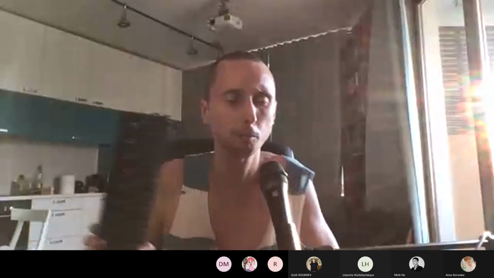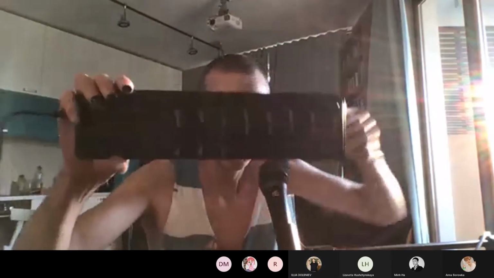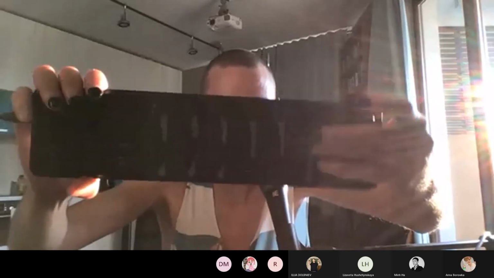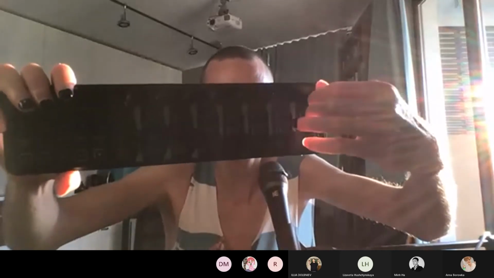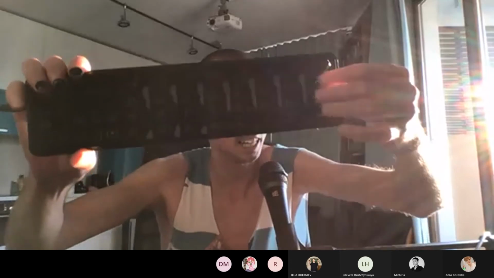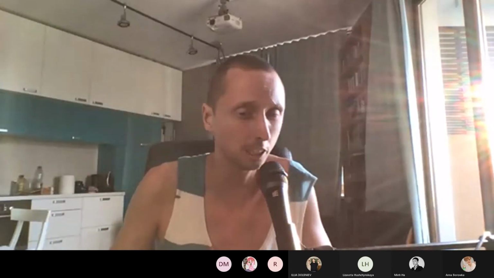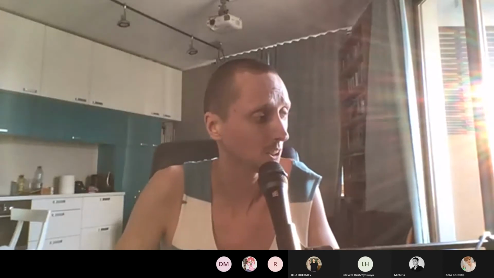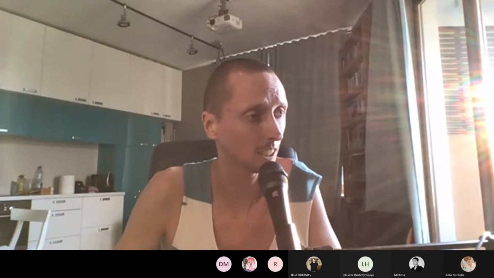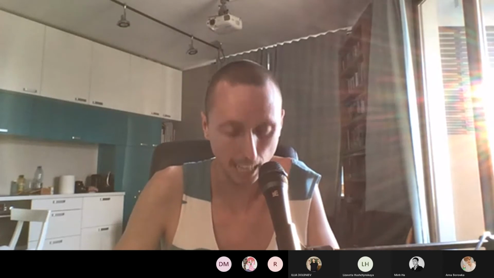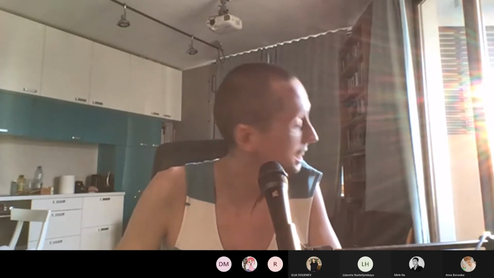Can you see me? Yep. Okay, so here is, for example, one of the MIDI controllers that I got. It has faders, it has potentiometers, it has some knobs. And it's just, you know, you connect it to the computer, and when certain software allows you to use MIDI, like